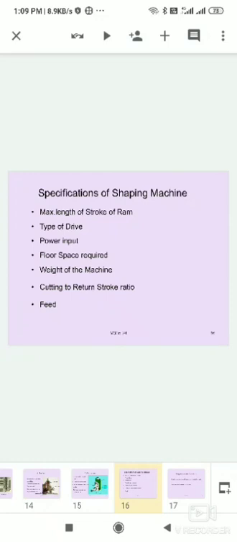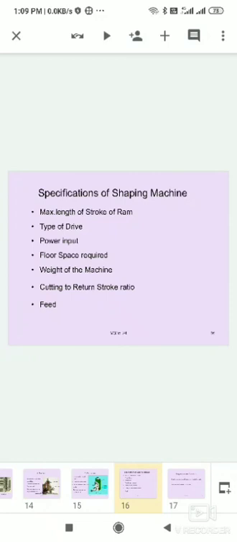Next, floor space required is necessary, how much place is occupied in the area. Next, the weight of the machine. Machines come in different sizes and different weights: small machines, medium machines, and heavy machines.